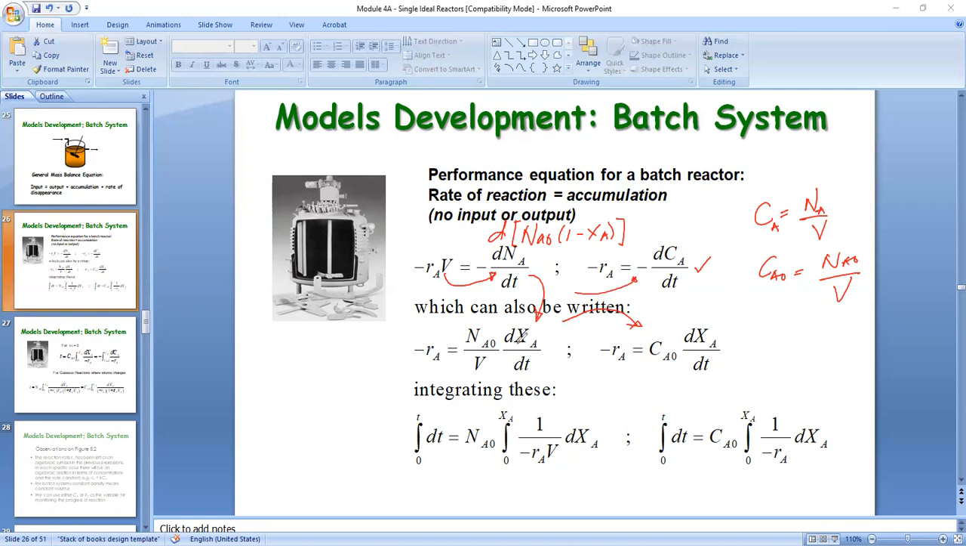However, our performance equation will actually be the last one. I'm just showing you the different forms of the performance equation for a batch reactor, and the main equation that I would suggest you memorize or really take note of. Now in here,